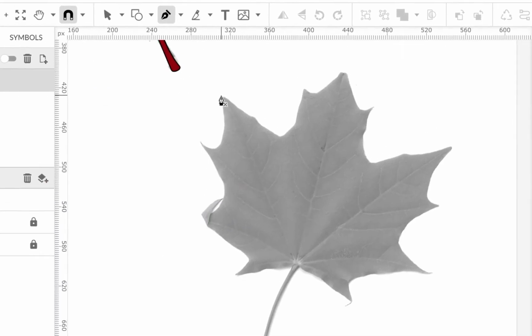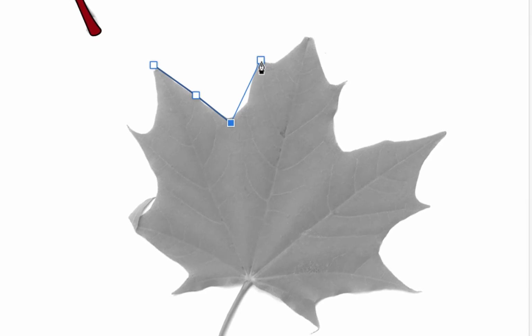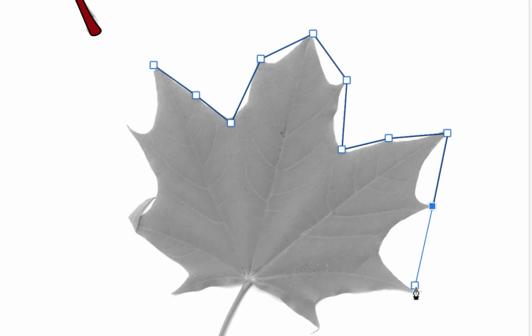And I'm just going to start anywhere and just put anchor points that change direction. And I don't know if I need one here. I'm going to skip that and go up here. I'm not going to go into every dip like we did on the oak. I'm just going to go in here to kind of the valleys. Now, I am going to put one here and go to the tip, and then I'm just going to go over here. Kind of, if you ever did the bat trace, we kind of just go to the tips of the bat wings. So I'm going to go over there and come down here, and I am going to go